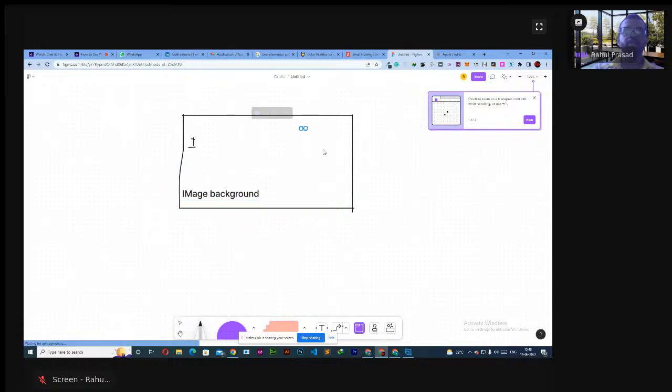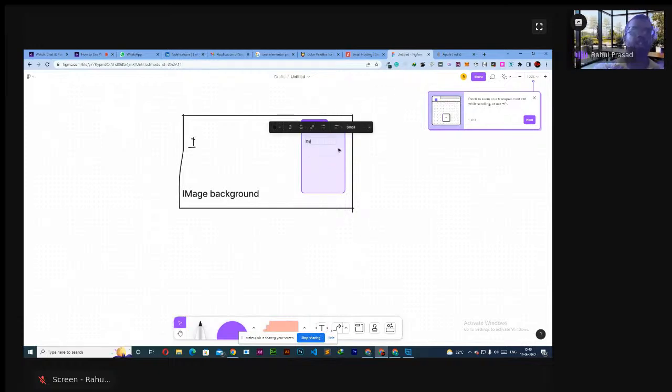So I'll make a rectangle here, so we can have a form. I'll take a rough text here. I can put it as name. Can add one more. So you need phone numbers to call them